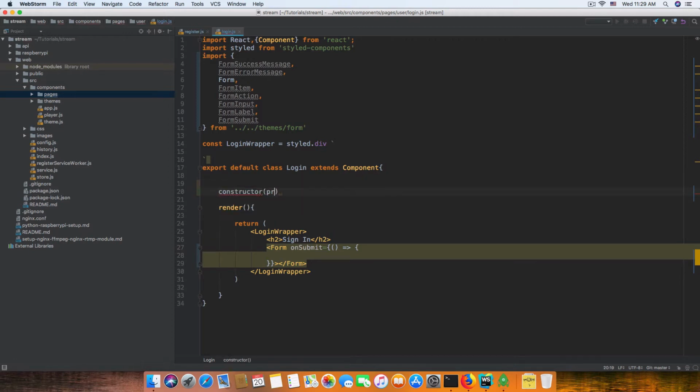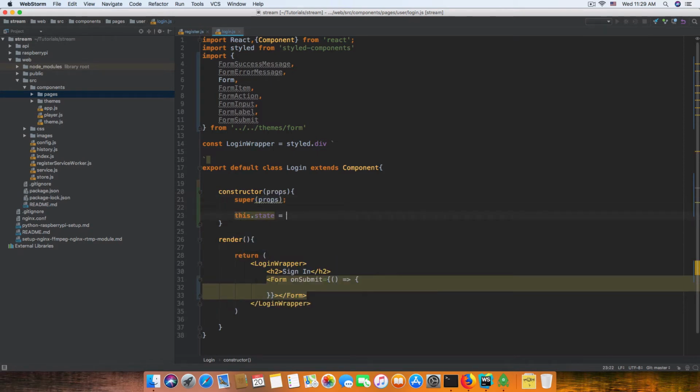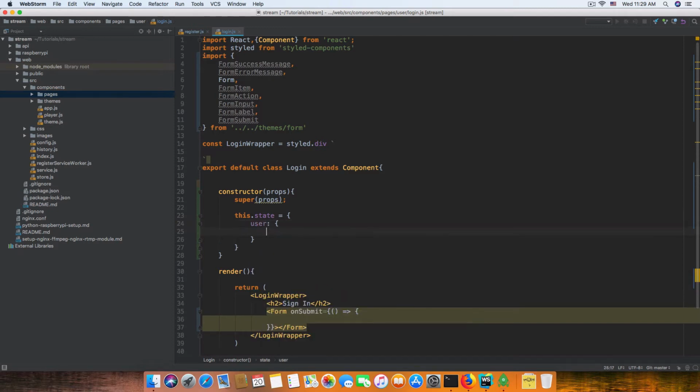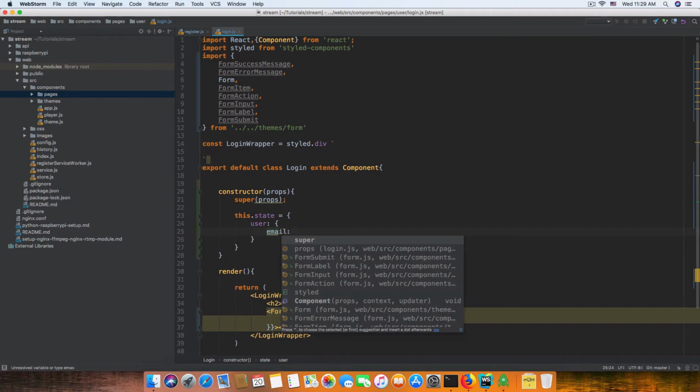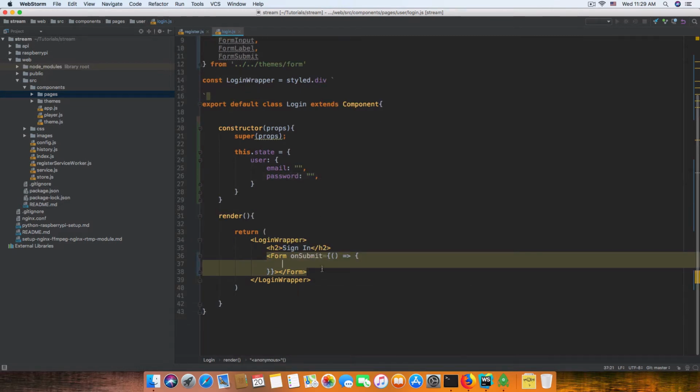Add a new function. We have props and super props. We might call this, and we have this.state equals something, and we have a user with email. We are using email and password only, and the default is an empty value, and password should be an empty value in the login component. So on submit, we can call it to